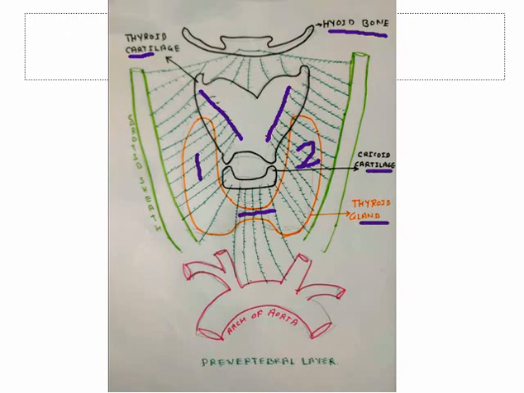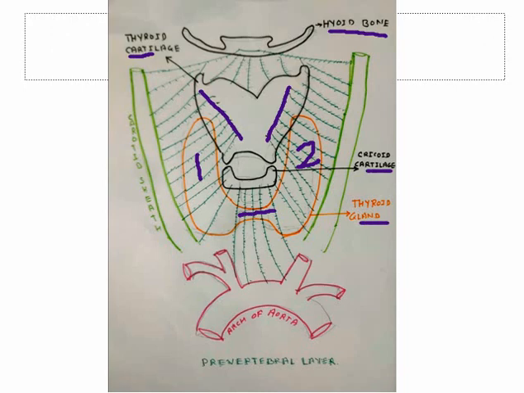On each side, what is this? See, this is the arch of aorta. This is the common carotid artery. This is also the common carotid artery. These are the right and left subclavian arteries. So this is the common carotid artery. It runs through one fascial sheath. This is called the carotid sheath.